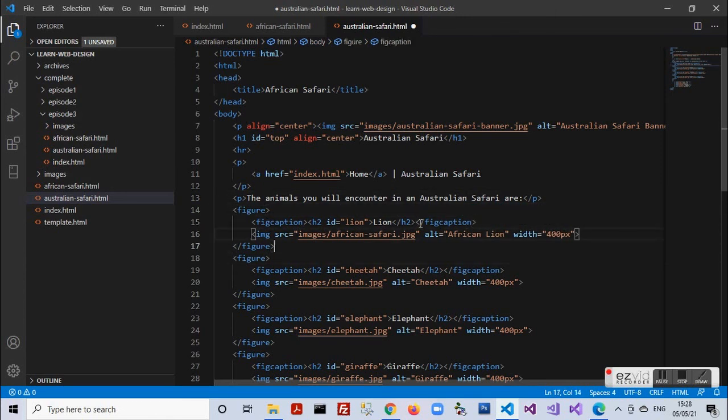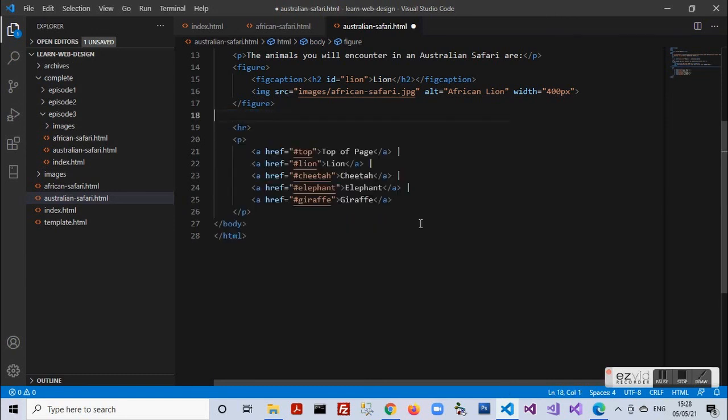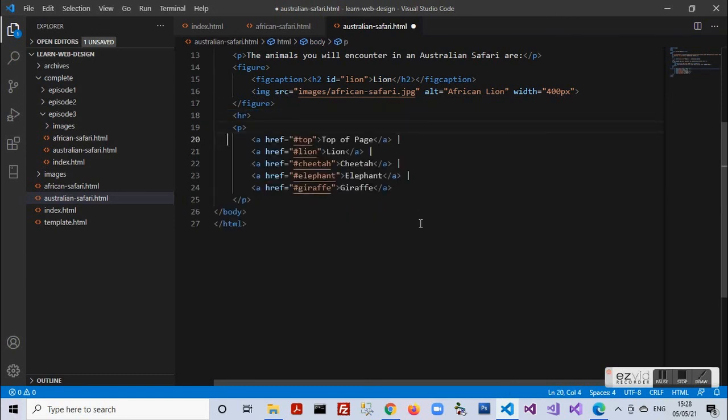Right? So what I can do is delete these figure sections. I can work on a single figure initially.